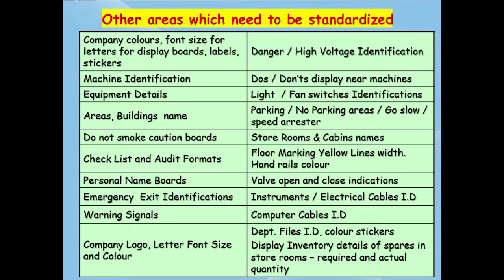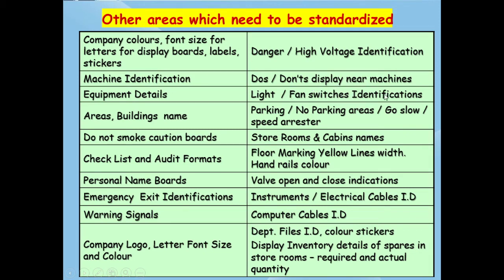These are some more areas we need to standardize. You can read these visually. Like the company colors, font size for letters, for display boards, labels, machine identification. All machines should have identification. All equipment should have details, areas, building names, do not smoke, caution boards, checklists, audit formats, personal name boards, emergency exit identification, warning signals, company logo, font size and color, danger, high voltage identification, do's and don'ts display near machines,